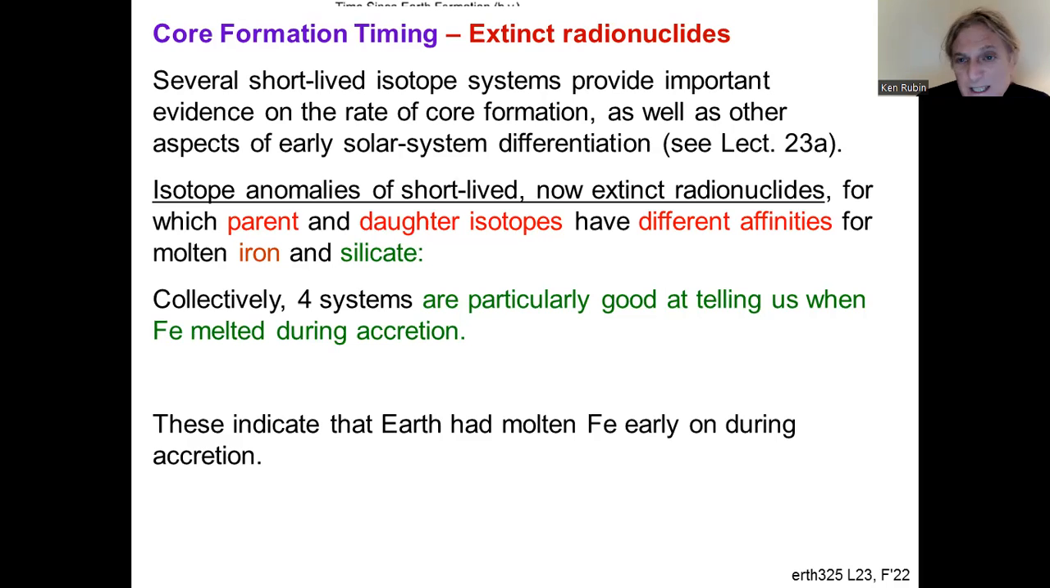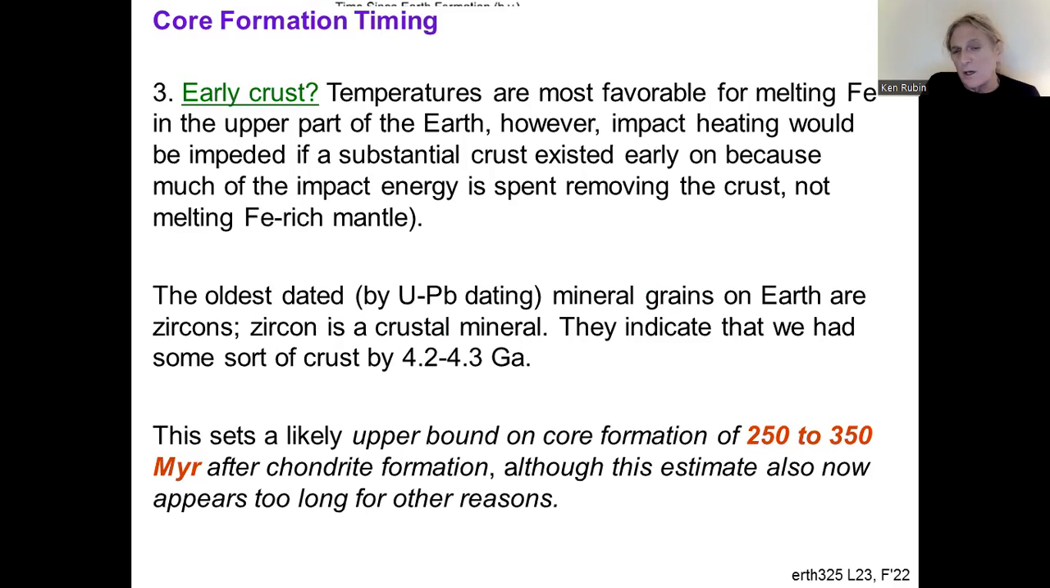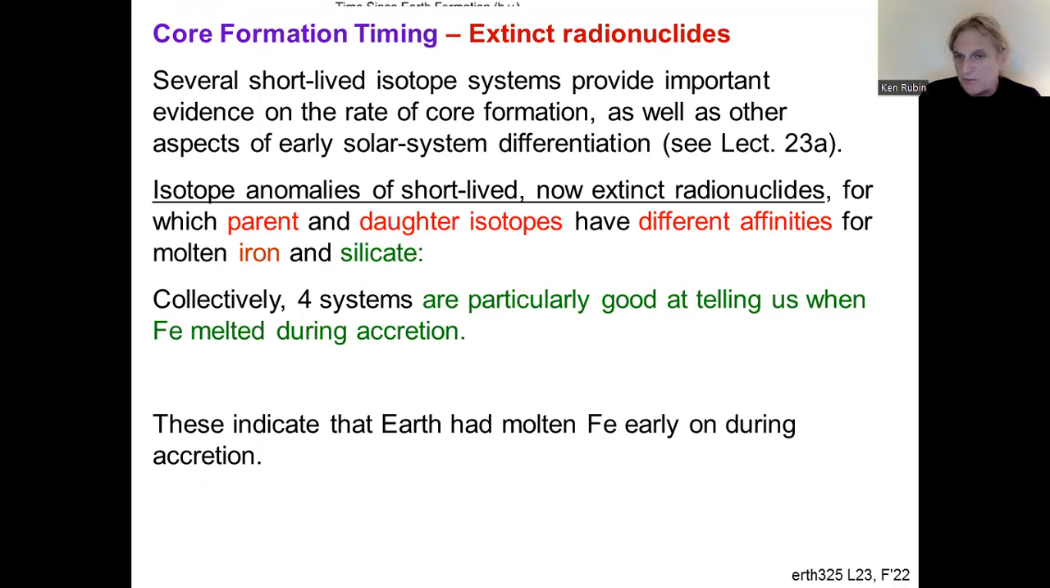Now, we can also go to extinct radionuclides, the things that were still alive when Earth formed, and partition between the silicate and the iron-rich phase. We can make inferences about what we find in the silicate Earth, the rocks that came from our mantle. We can also make inferences from stony meteorites and from the iron-rich phases in meteorites about how things partition between those phases. And from those, we can build up a time scale which is much shorter than this time scale of a quarter to a third of a billion years. So there are 4 systems that are really good. I'm going to summarize them on the next few slides that indicate that we had molten iron very early on